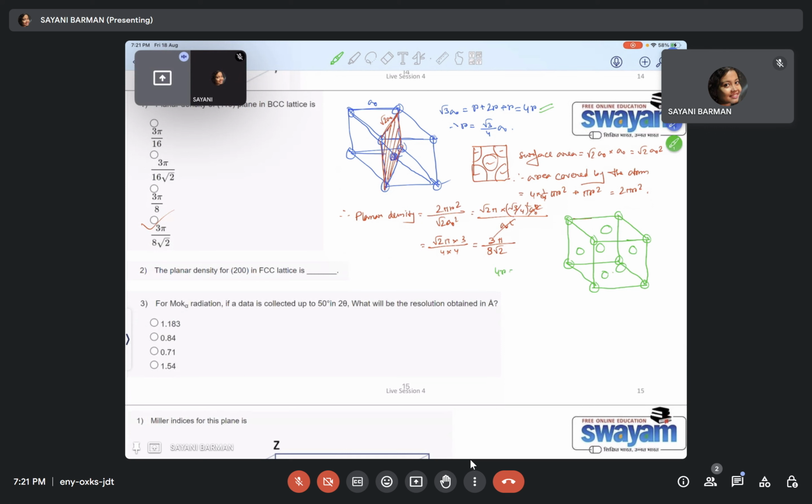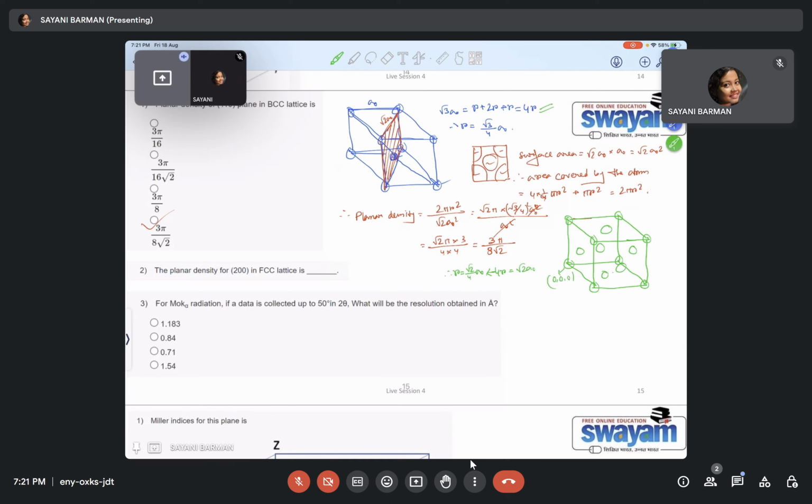So 4R equals root 2 A0. Then R equals root 2 by 4 A0. This happens. Now for the 200 plane, if this is 000, then the 200 plane means